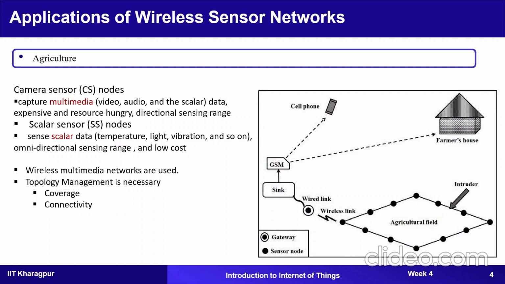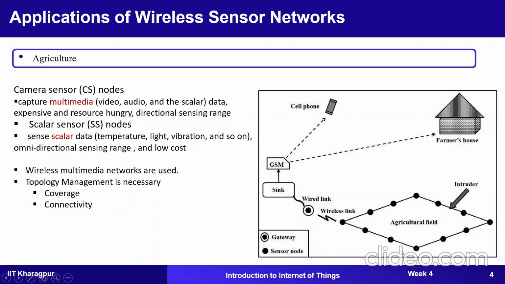For this you can use various types of sensors. You can use camera, and you can use your PIR sensors, your ultrasonic sensors, in order to detect all those things. Okay, so in this figure, as you can see, this is the agriculture field, and we have deployed